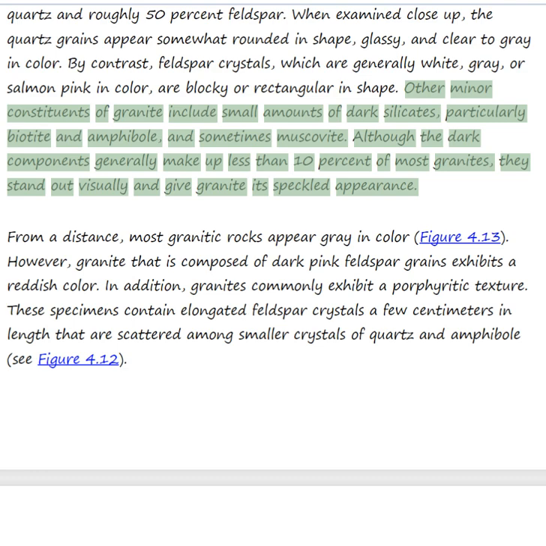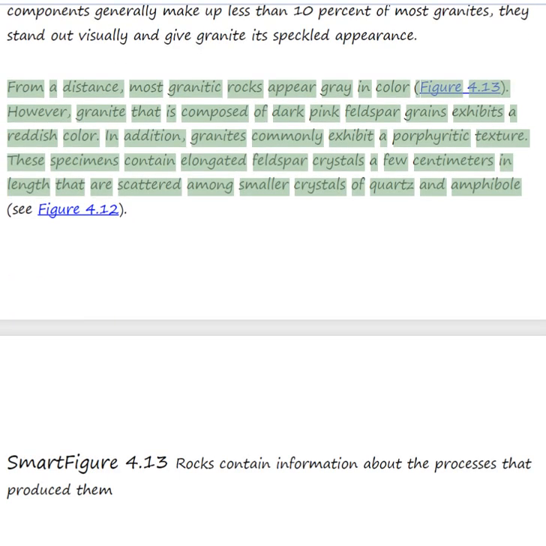Although the dark components generally make up less than 10% of most granites, they stand out visually and give granite its speckled appearance. From a distance, most granitic rocks appear gray in color. However, granite that is composed of dark pink feldspar grains exhibits a reddish color. In addition, granites commonly exhibit a porphyritic texture. These specimens contain elongated feldspar crystals a few centimeters in length that are scattered among smaller crystals of quartz and